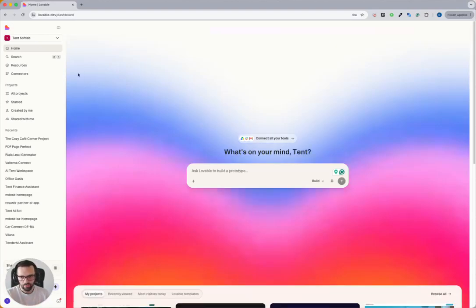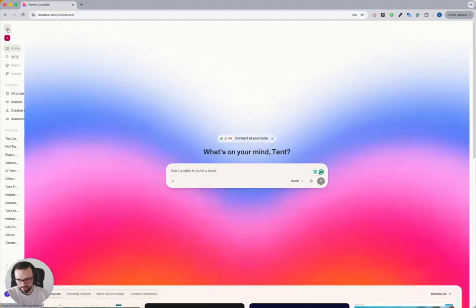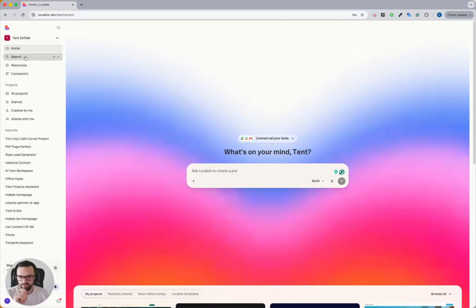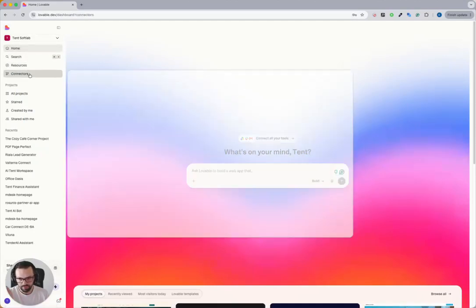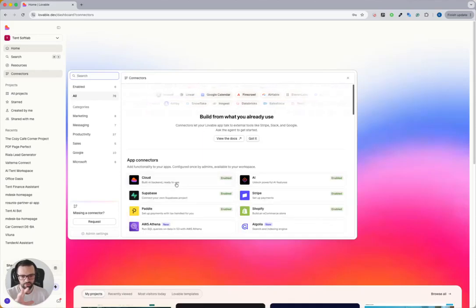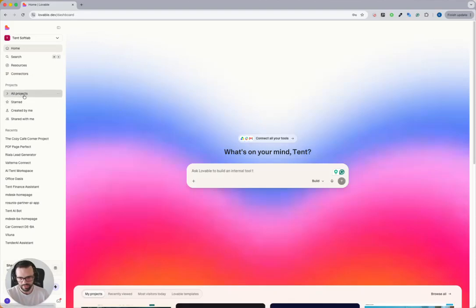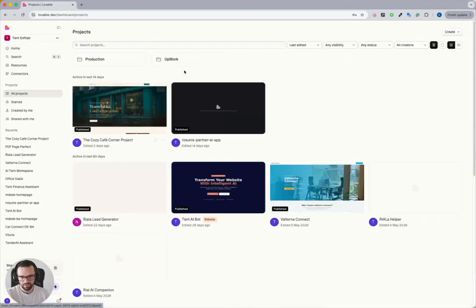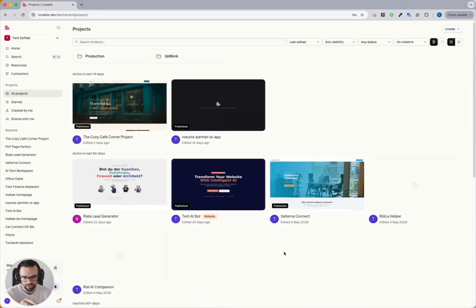Okay, what else? So at the first login, on the left side, there is a navigation that you can expand and collapse. So there's a home, you have connectors. Connectors are basically all the different apps that you can connect. I'm going to skip this for now. Let's do the basics. So projects. Those are all the projects you have created. Those are some things that I literally created through Lovable, like basic websites or some lead generators,